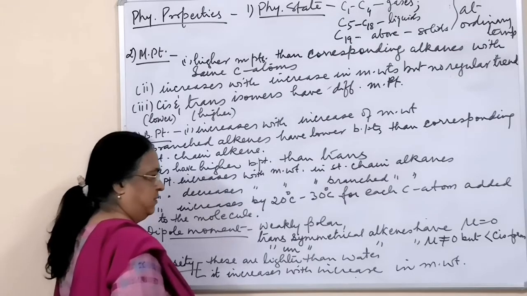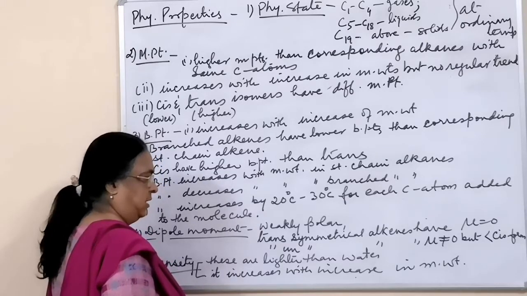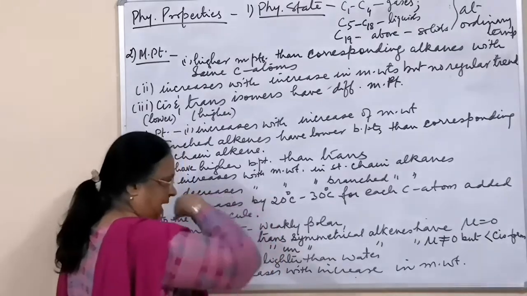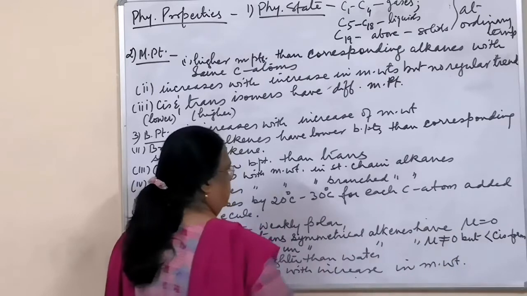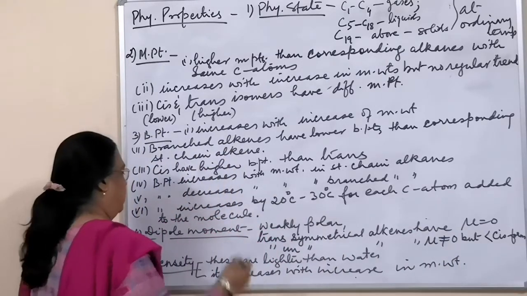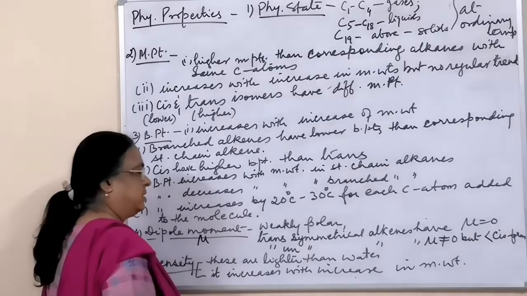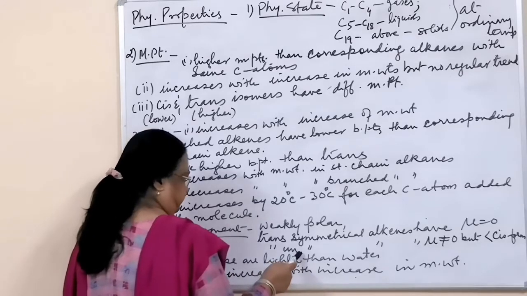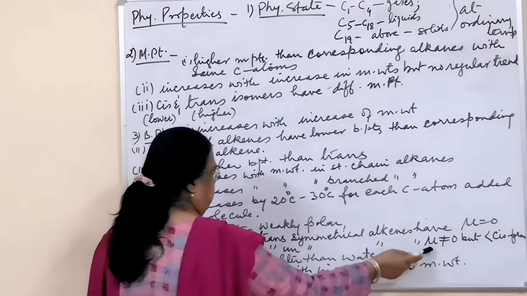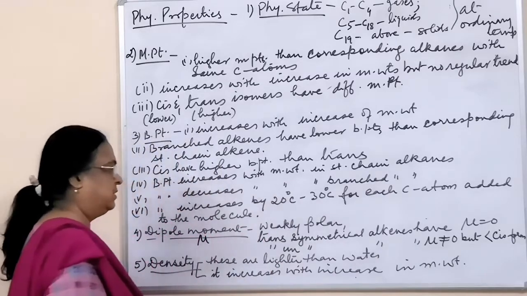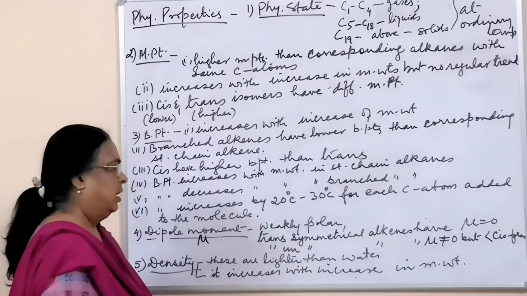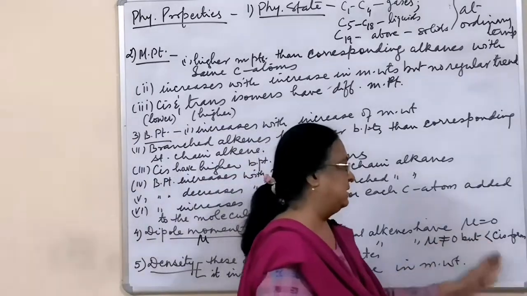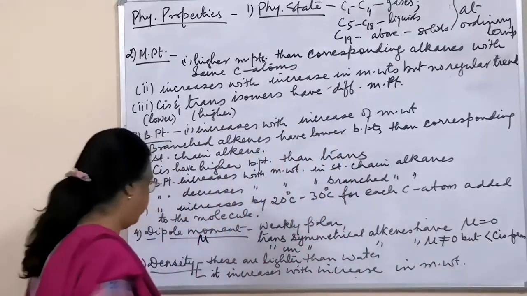So, symmetrical alkenes have the same number of carbon atoms on either side of the double bond. But if it is trans, with the attached groups on opposite sides, then the dipole moment, mu, is the symbol through which dipole moment is symbolized, will be 0, meaning it will have no polarity. But if it is trans and unsymmetrical, then the dipole moment will not be 0, meaning it will be polar. Although it will be polar, the polarity will be less than its cis form. So these points are important.